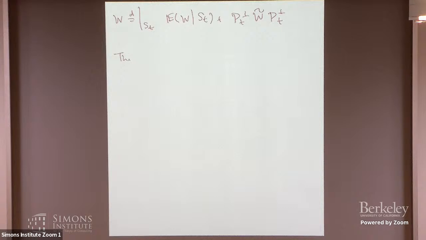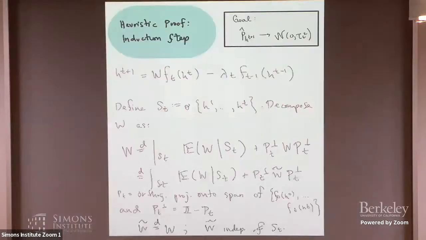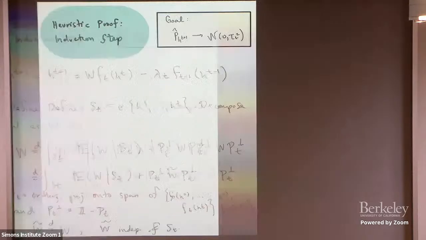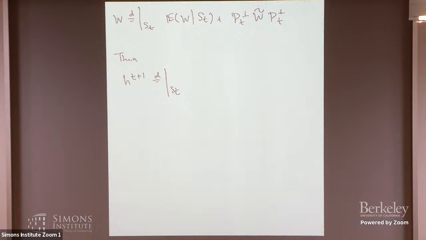So this allows us to consider my iterate at time t+1, also conditional on the previous iterates. If we look at this representation, now I'm going to plug it in for the W here. So what I get is that my H_{t+1} is equal in distribution to a deterministic piece multiplying F_t(H_t),